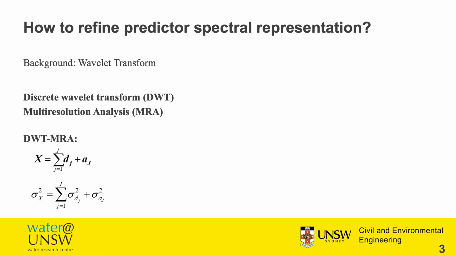First, when summing all these subtime series together, it equals the original time series. Secondly, their variances are also additive, which means when we add their variances together, it also equals the variance of the original time series. For example, we have a predictor variable x here, which is the equivalent potential temperature. As we can see, it shows quite smooth and periodical patterns.